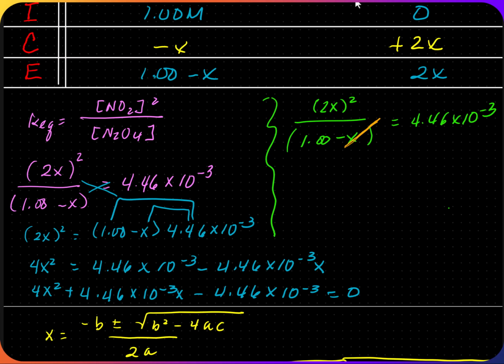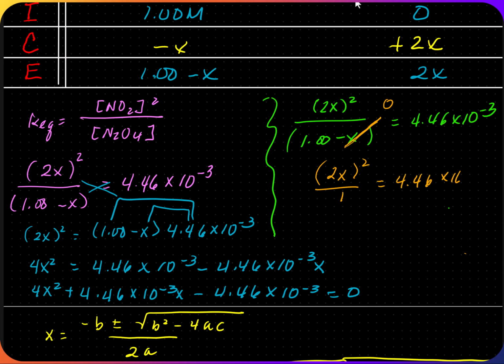We say the x is so small, it's going to approach 0. So no matter what value of that x is, it is so small, when I subtract from 1, it is going to equal 1. So my equation now becomes 2x squared over 1 equals